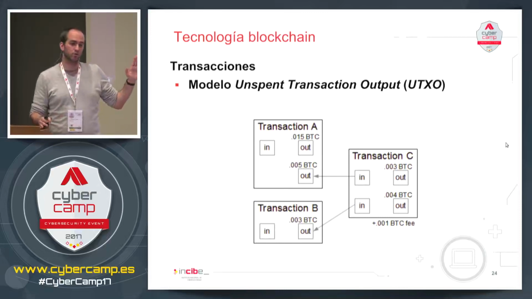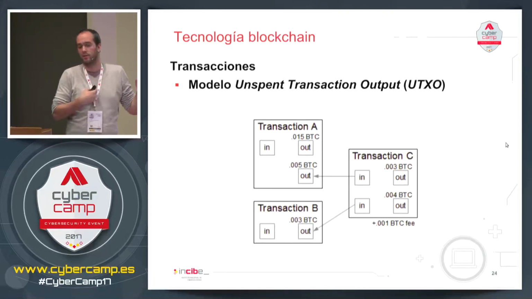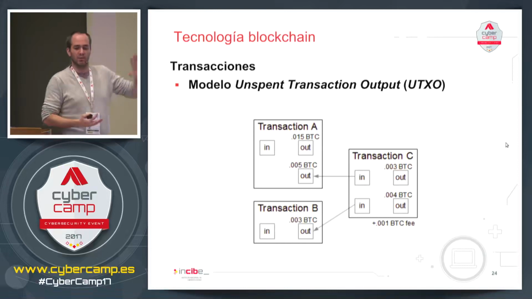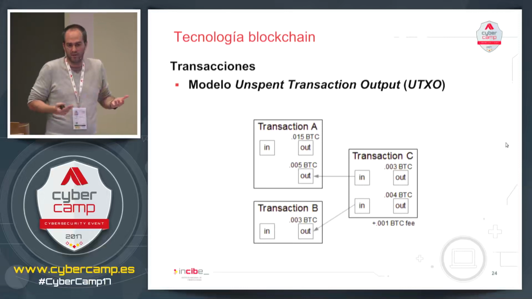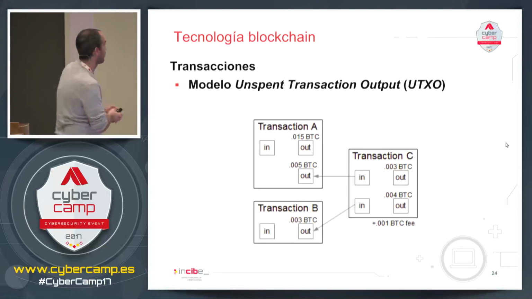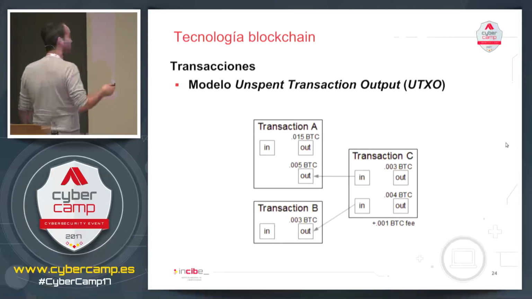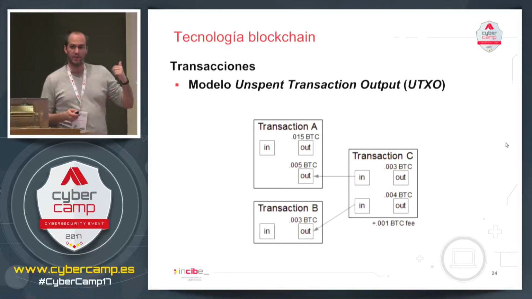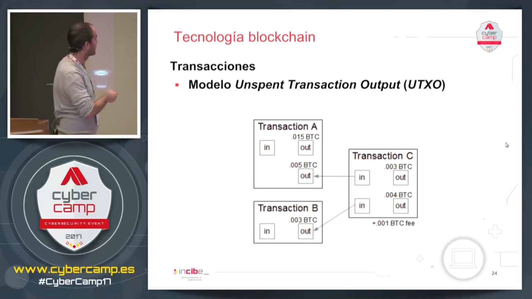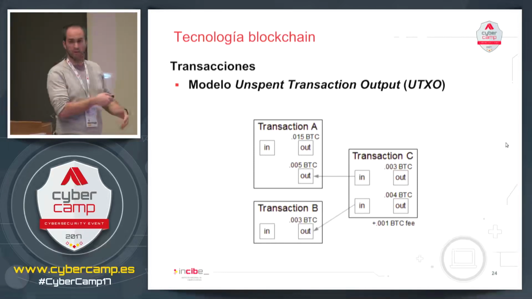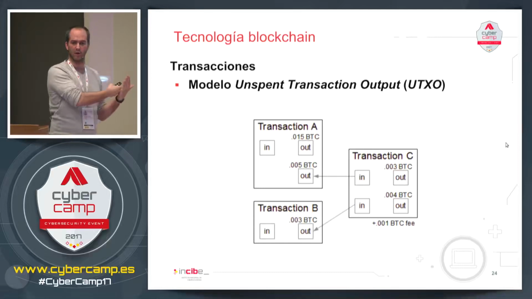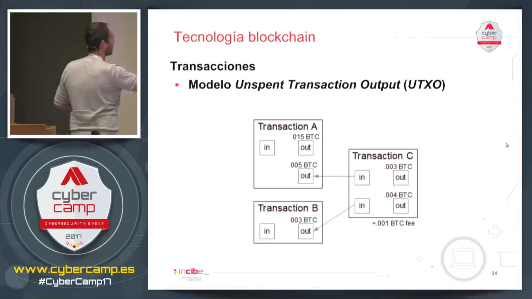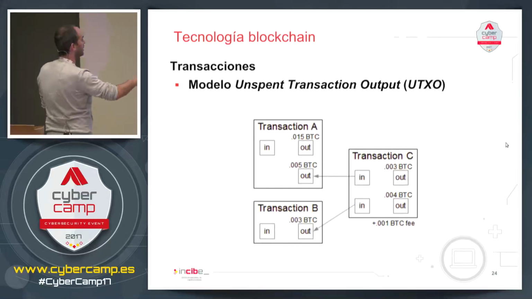There, the public key is specified, because I don't need to know the private key of the recipient. If the recipient is me, then I know it. But if it's another person, I don't know it, for reasons of security. Otherwise, there wouldn't be any security in these transactions. So this is the unspent transaction output, because these ins, these entries, in order to be used as entries of a transaction, have to be previous outs that haven't been spent. That's why it's called unspent transaction output.